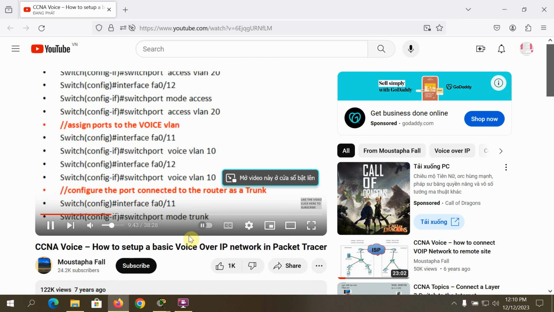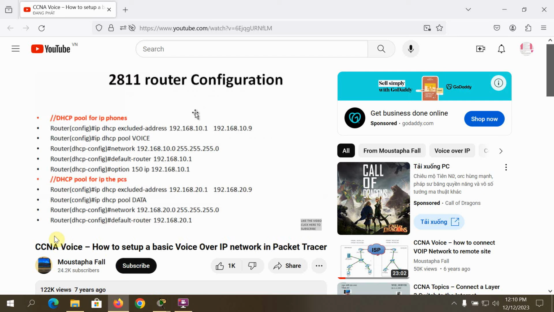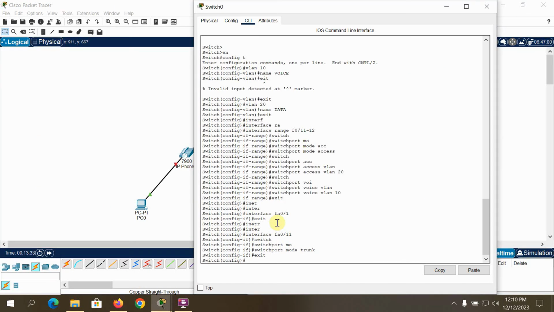So the next step is to go to the router, the 2811 router, because